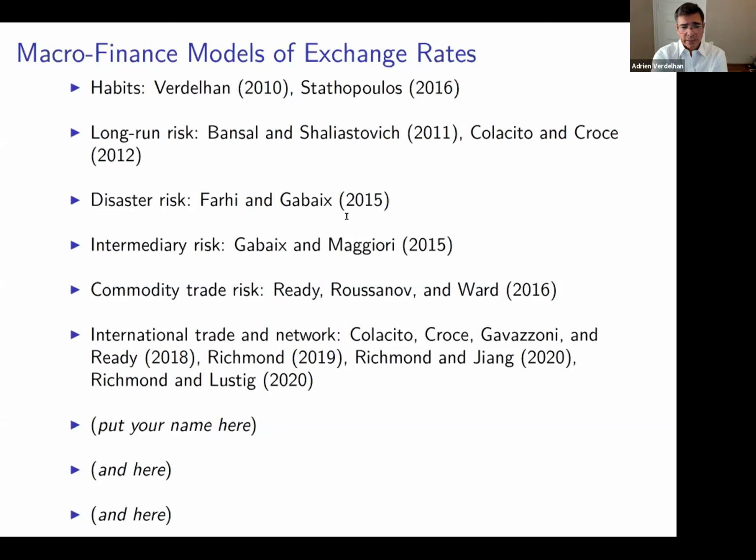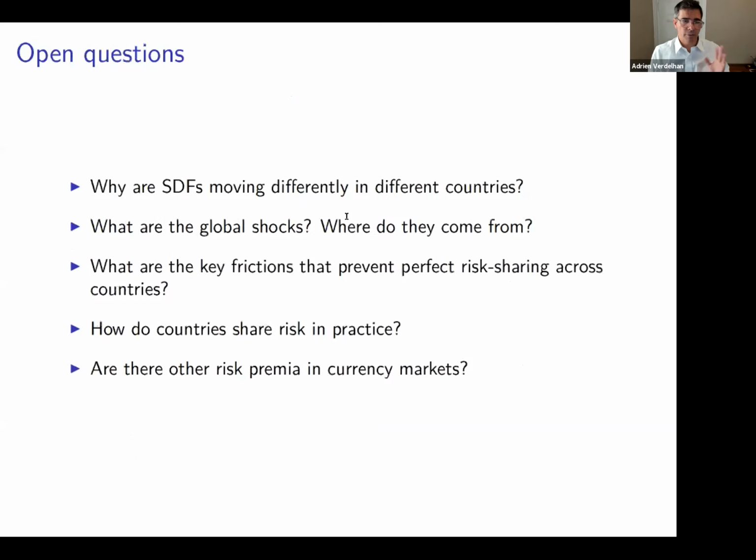It's also a relatively easy way to close a model, because you write down a model for a country, think about the optimal behavior in that country, do the same thing in another country, then assume that financial markets are complete, and you add what the exchange rate is. It's just, in one equation, a ratio of two SDFs. So that's it, right? Again, it's just a benchmark, but it's one way to go.